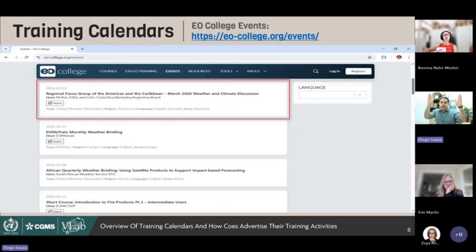As you can see here, our VLab colleagues from CIRA added the event just once to the VLab training calendar, and it is then automatically displayed in many different places thanks to this API-based integration provided by EUMETSAT. And as we are going to see, you can also do the same by integrating the calendar into your own